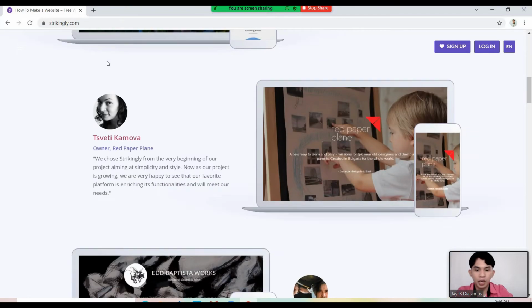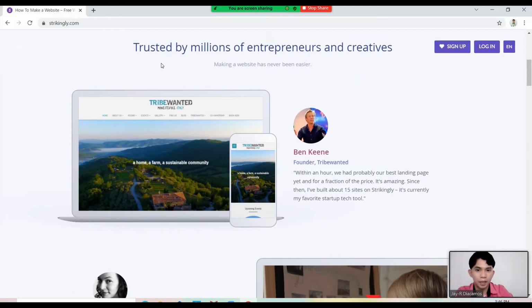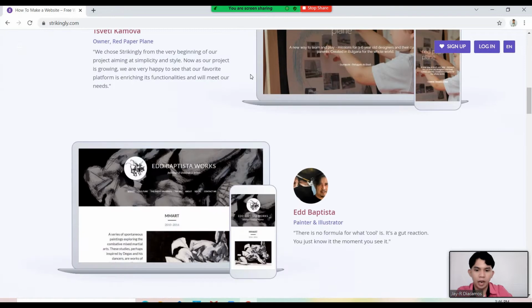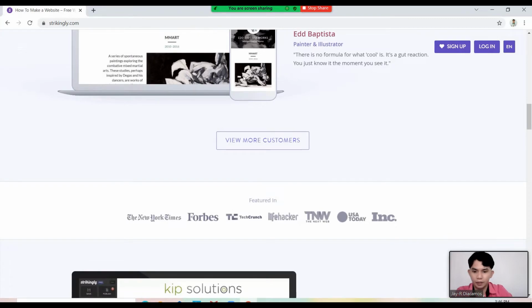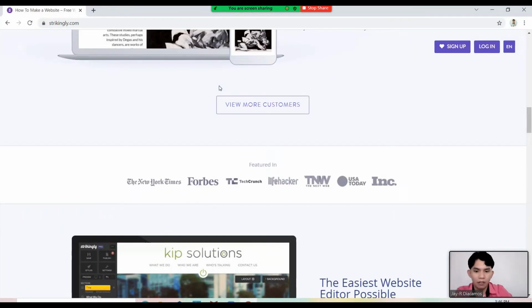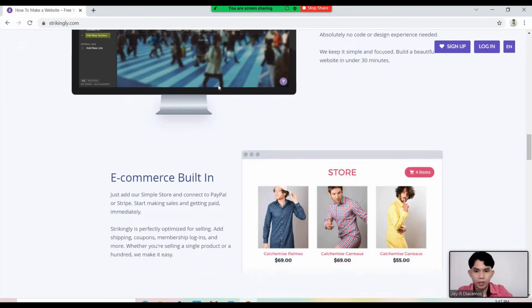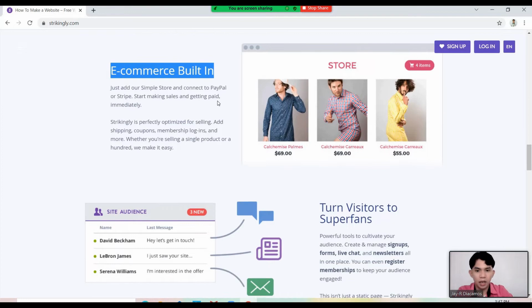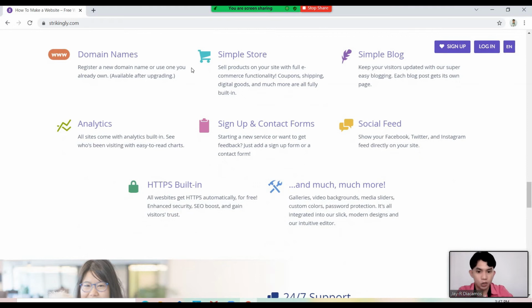Strikingly claims that their website is trusted by millions of entrepreneurs and creative web developers. There are a lot of testimonies that tell us how easy and simple this website is and how it gives you wider viewers or visitors. You can see Strikingly used for e-commerce, for personal blogs, and it has many more features like an online store,